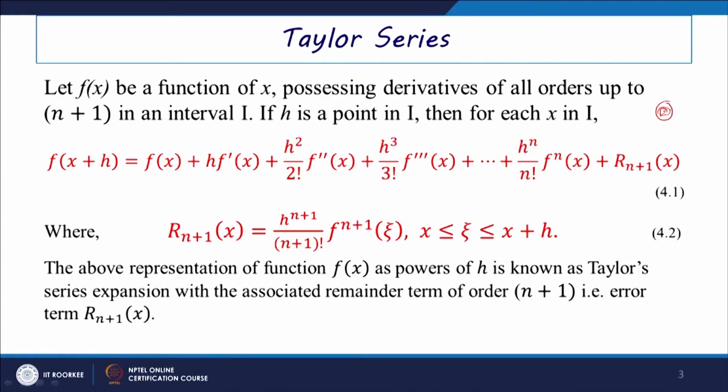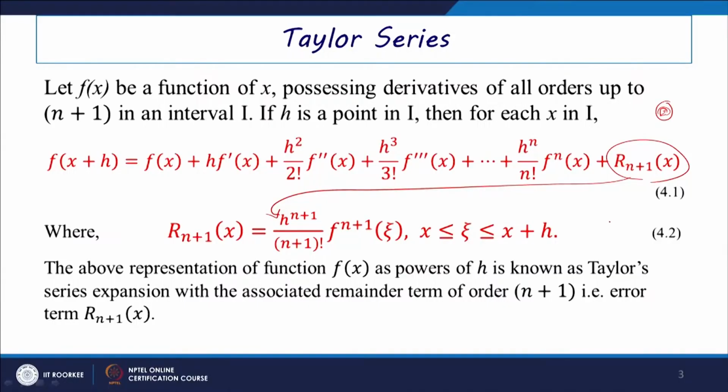Especially, this remainder term is written in the form R n plus 1 of x, which is defined as the n plus 1th power term, that is h to the power n plus 1 by n plus 1 factorial f to the power n plus 1 of zeta, where zeta lies between x and x plus h. This means that if we are finding this Taylor series expansion at a point x, then